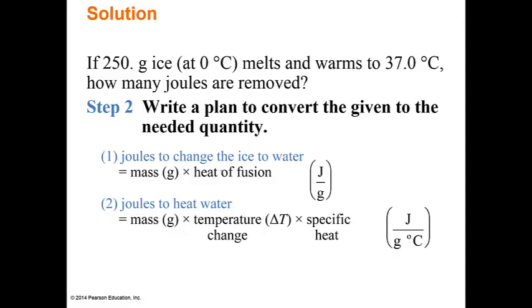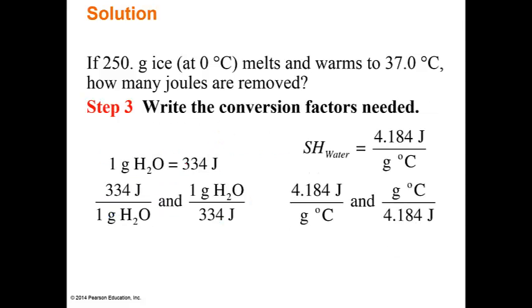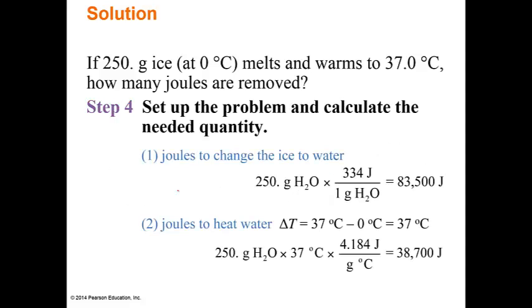We have mass times the heat of fusion. So in the case of water, it's 334 joules per gram. And then we're given the specific heat of water at 4.184 joules, that's how much energy it takes per degree of change. Okay, so let's start with the energy needed to melt it. 250 times 334 gives us 83,500 joules. Now, for every degree up,